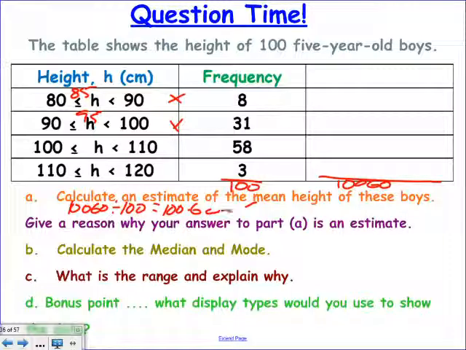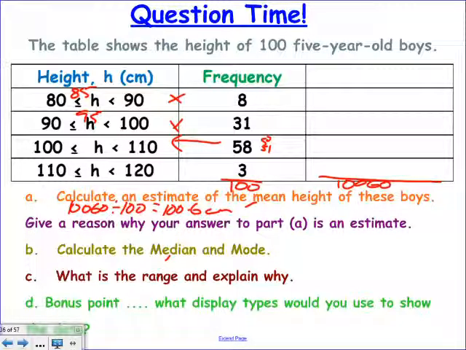Yeah? A lot of you did. That's good. Let's look at the median then. So, what's the median? Half of it. The middle of it. So 50 and 51, because it's an even set. We've got two middles. So the 50th and 51st values. So, we've got 8 there, then another 31, so we're up to 39. So 50 and 51 must live in here. So my median is,